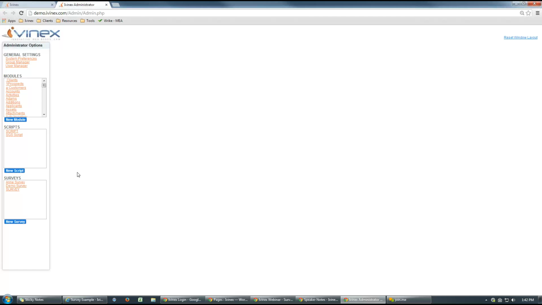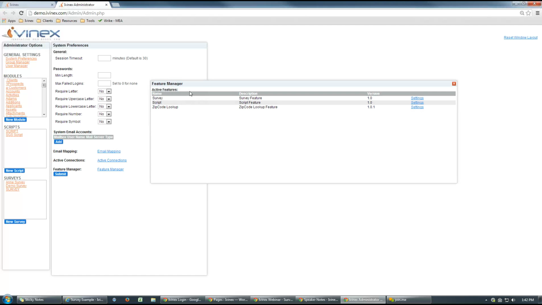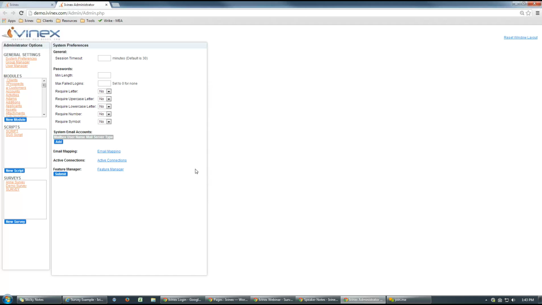Okay. I'll show you kind of where that is. Feature. There's really no settings, but it's called the survey feature that I've turned on for this site. Okay, so once that is enabled, this box would be blank, and you just say new survey, and it would be like new module, but instead new survey. Now, I've already created one, this demo survey, so we're going to load it,